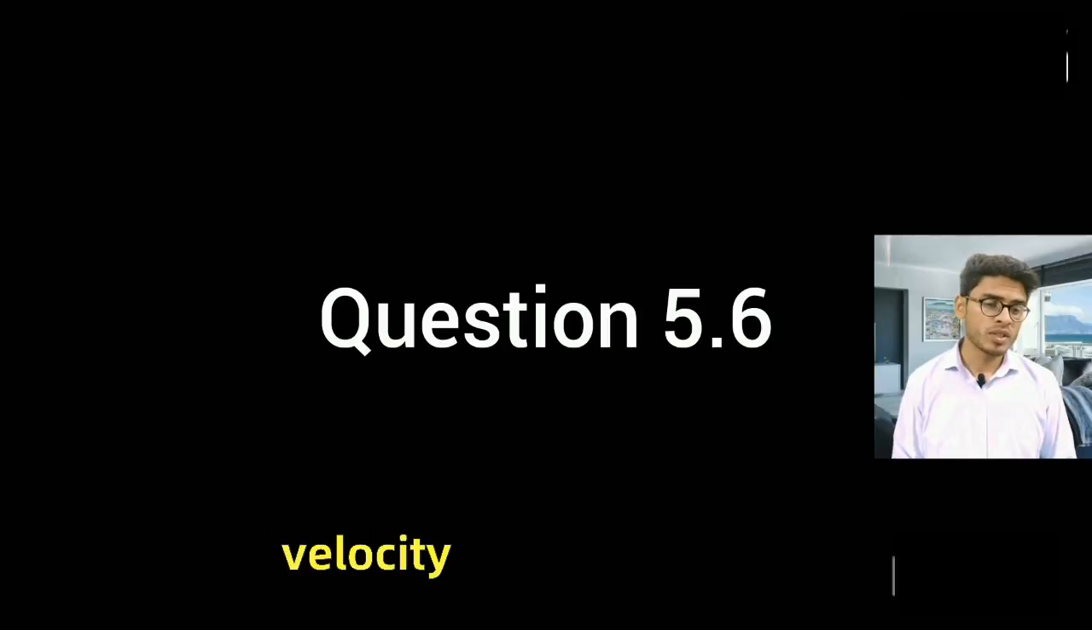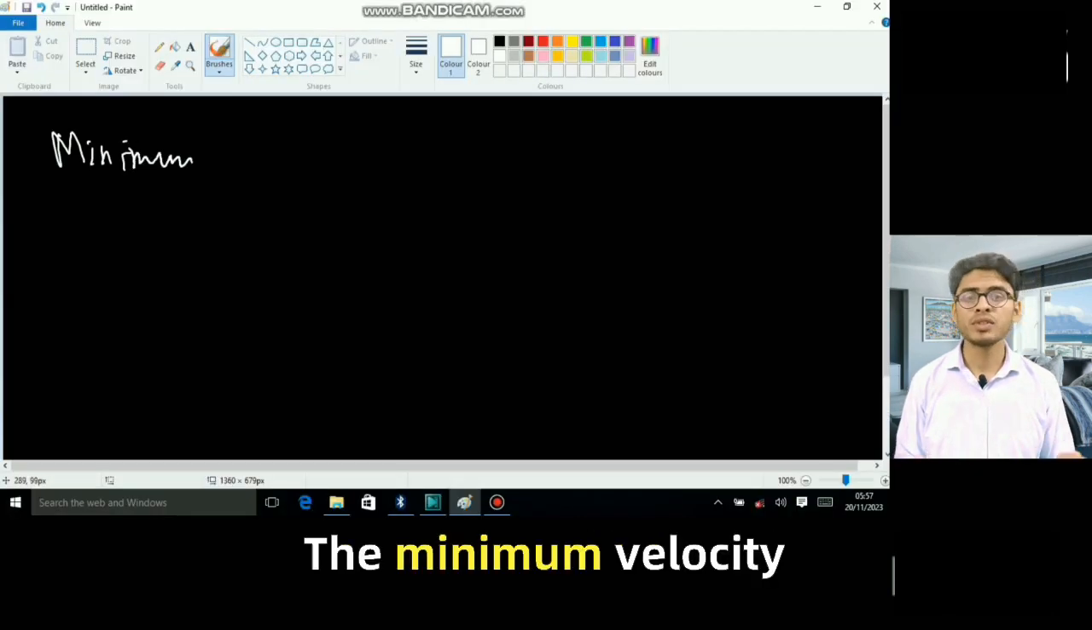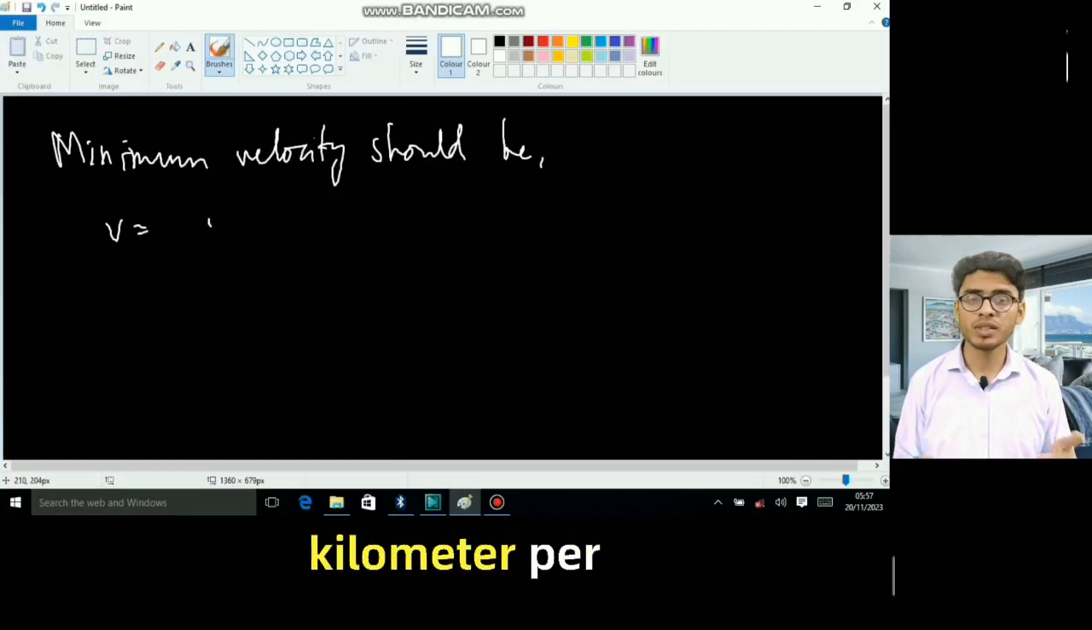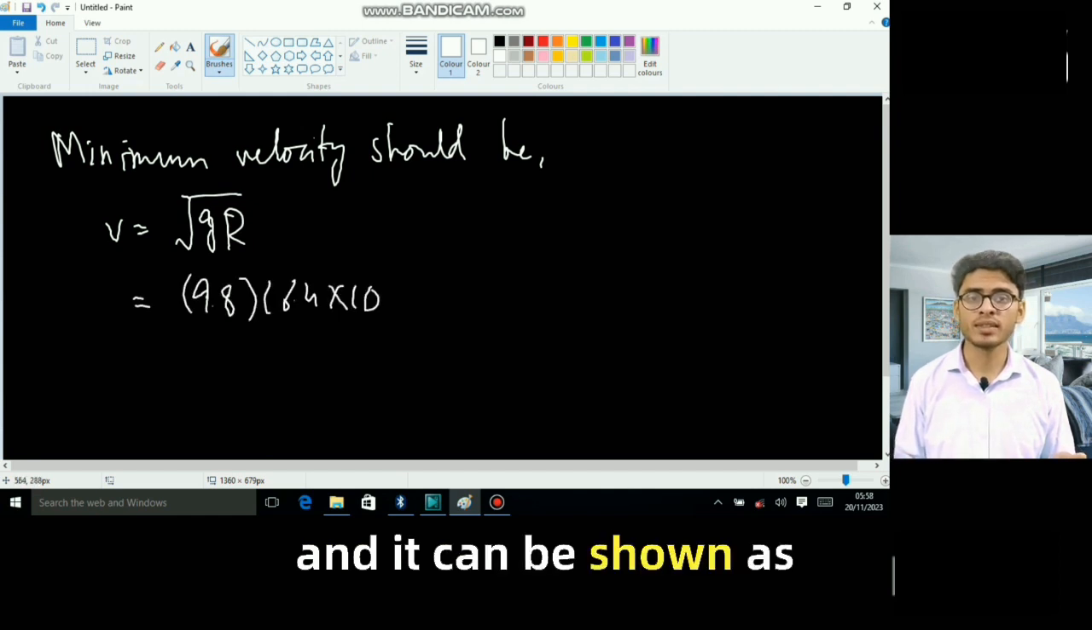What should be the minimum velocity for a satellite to orbit close to the Earth around it? The minimum velocity should be 7.9 km per second, and it can be shown as: